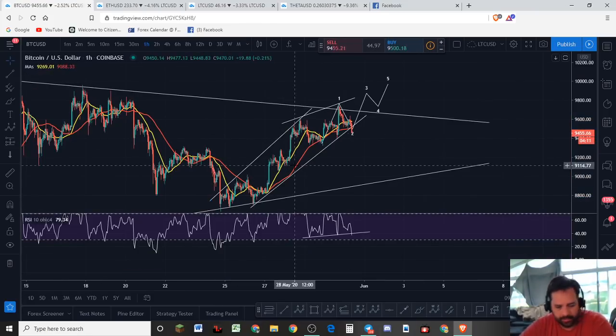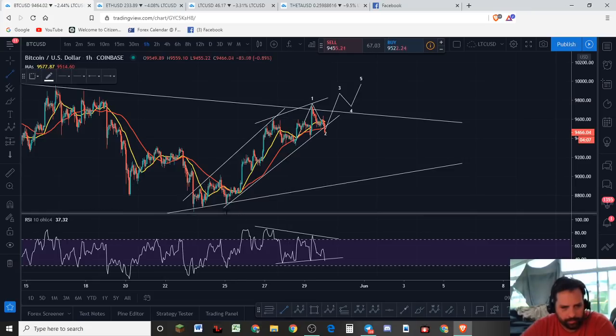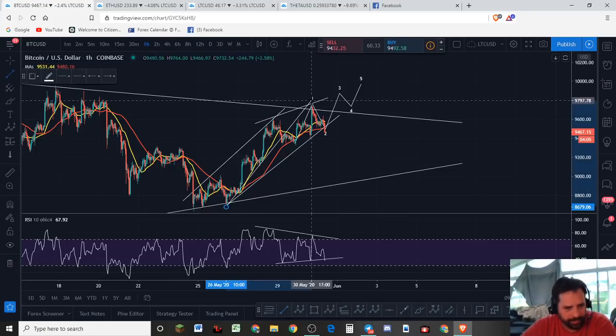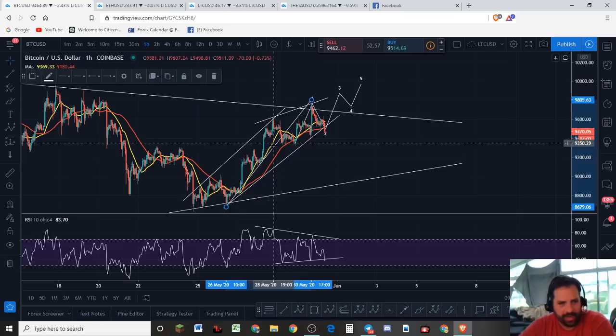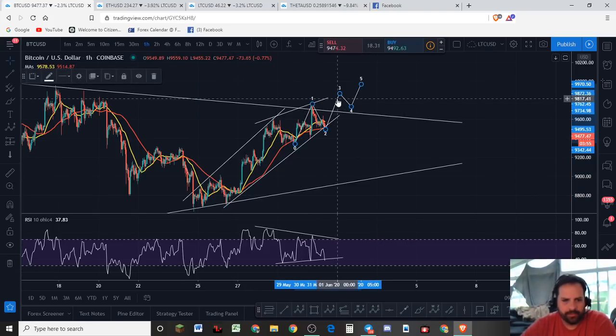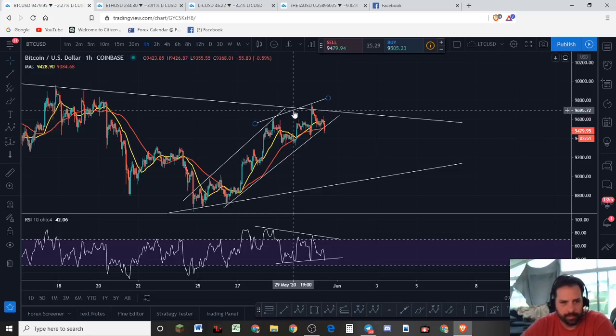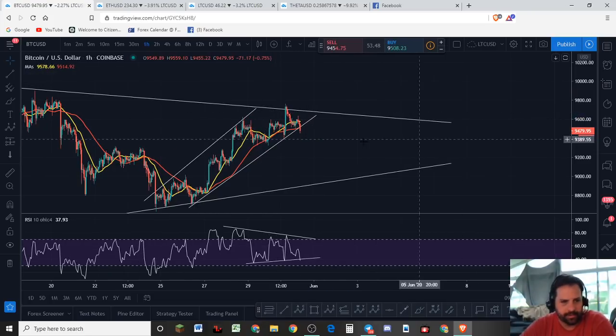Yeah, the three wave and the one wave aren't very good as far as the size, so I don't like it a whole lot as a diagonal, but certainly it gives the appearance of one at least. So I'm kind of looking for the downside more from here. In fact, we just got a bit of a pump beyond it, so that's good to see on camera there